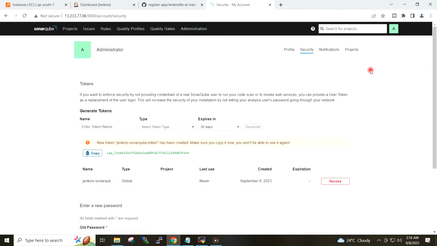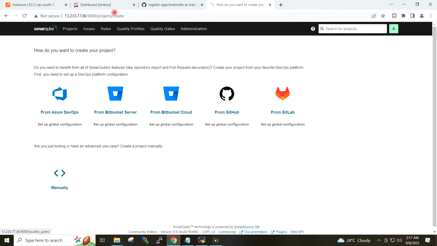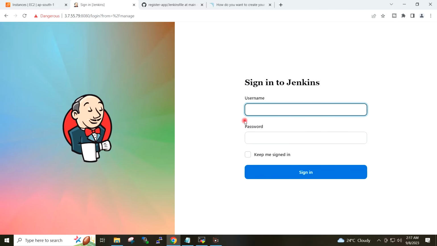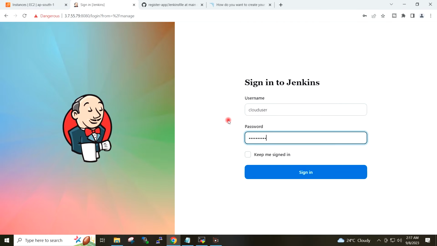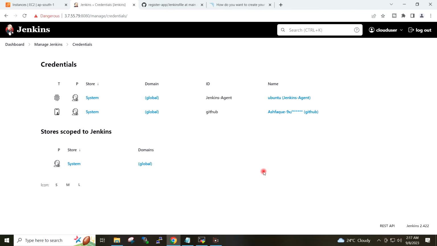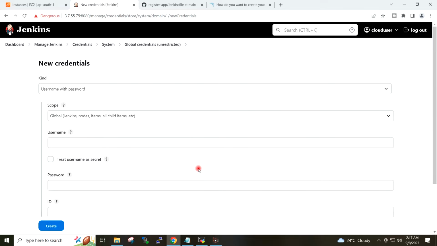Now using this token, I will create the credentials under the Jenkins. So on the Jenkins dashboard, I will go to manage Jenkins, credentials, add new credentials, kind.